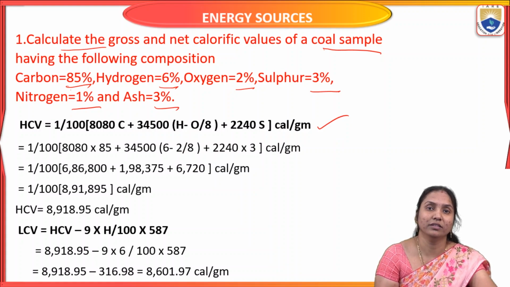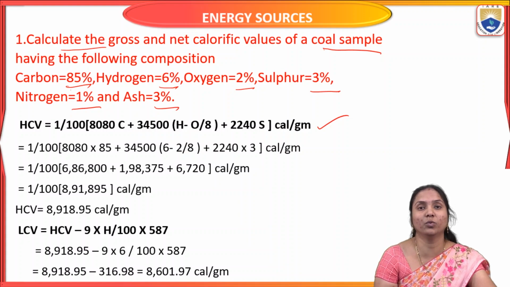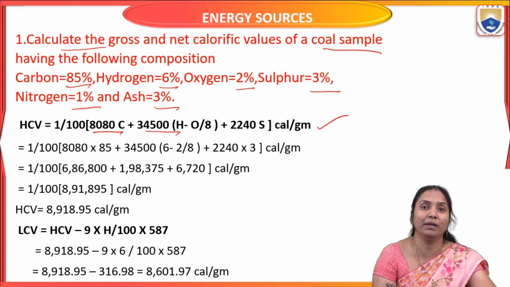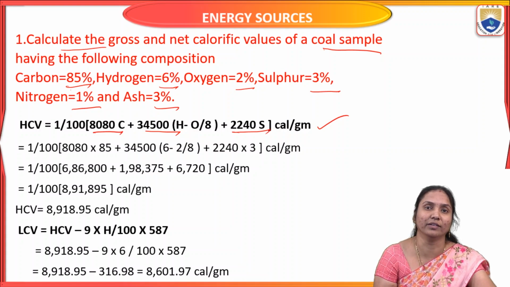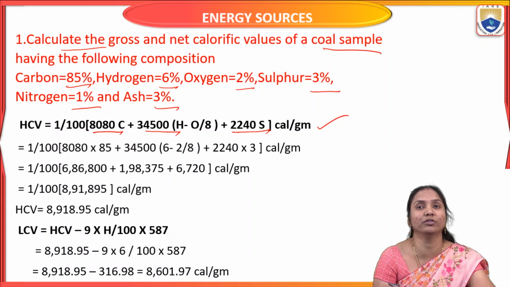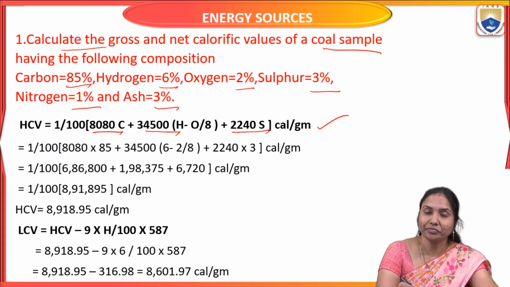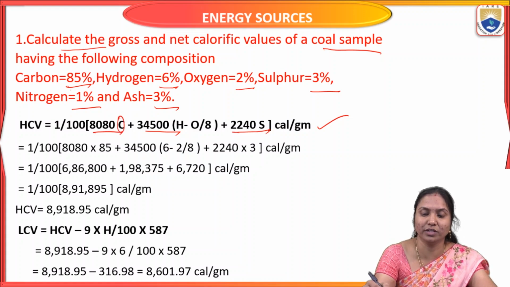So HCV equals 1 by 100 into 8080 carbon plus 34,500 H minus O by 8 plus 2,240 sulfur, as we just discussed. Here you can assume that the calorific values of carbon, hydrogen and sulfur are 8080, 34,500 and 2,240 when 1 kg of fuel is burned completely. Carbon, hydrogen, oxygen and sulfur express the percentage present in this